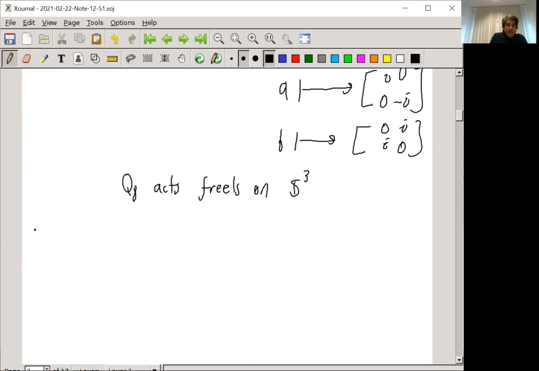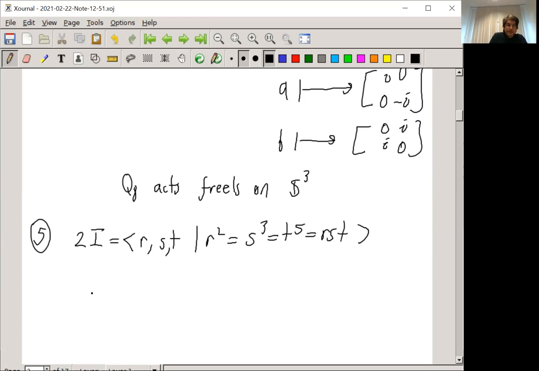Okay, you could get more and more interesting actions if you increase the division ring. So for example, you could take the binary icosahedral group. So that is generated by R, S, T, and if you send this to Sp(1), the symplectic group, by sending R to